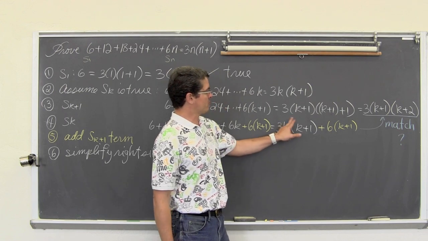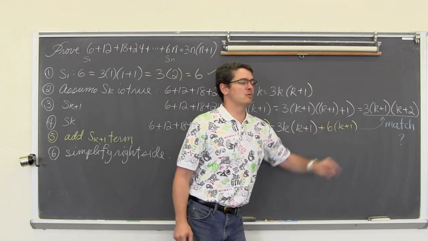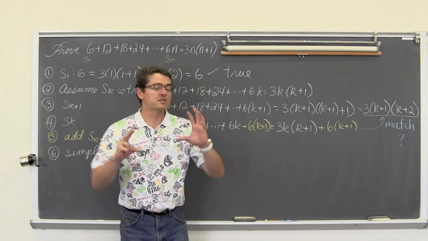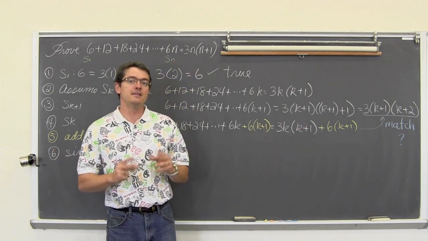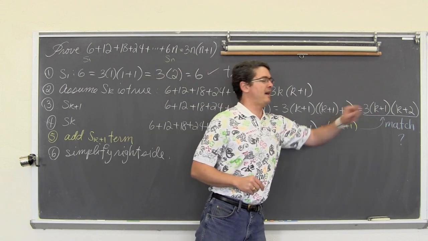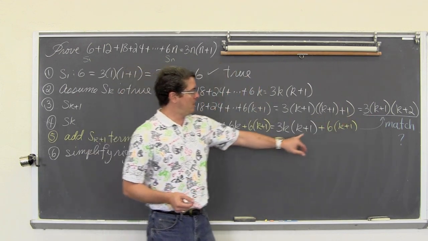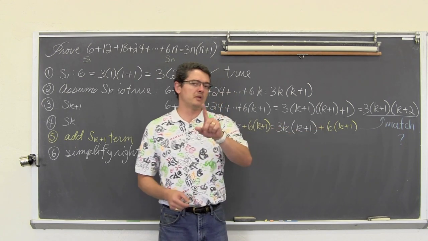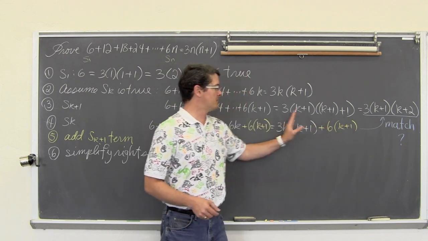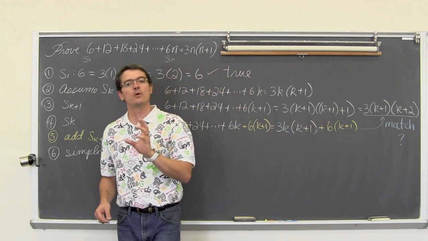So you might take the 3k and distribute it through these parentheses, take the 6 and distribute it through those parentheses, and then start adding like terms, and with this particular example end up with a trinomial, and then decide to factor it. Just to show you a tip here, and to do it a slicker way, I only have one plus sign in between these two terms. I have addition signs in here as well, but they're inside parentheses.